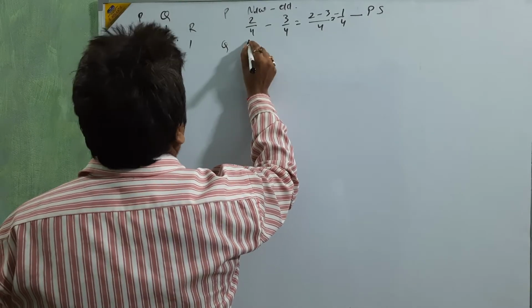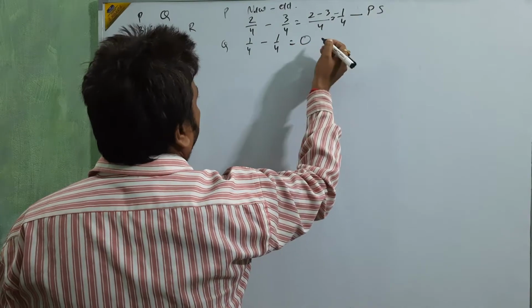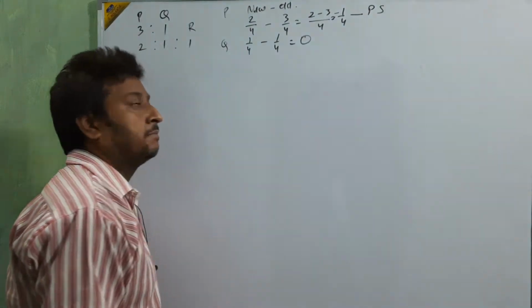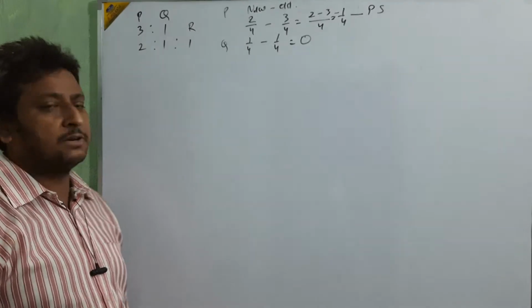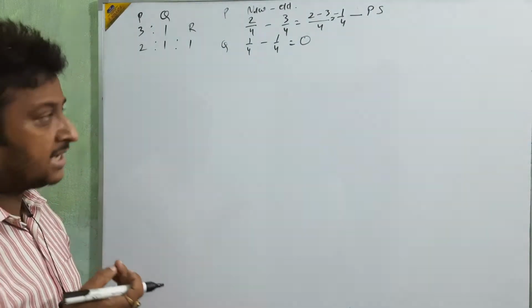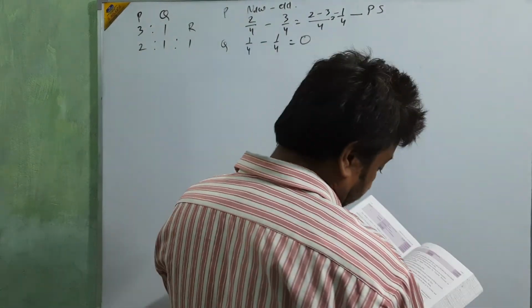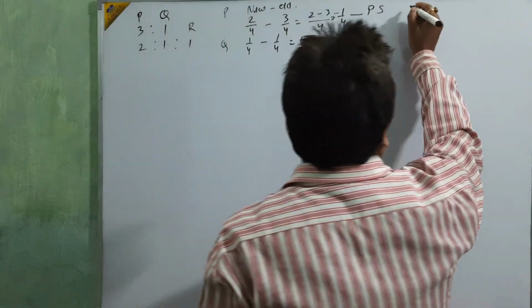Now for Q, 1/4 minus 1/4 is equal to 0. It means no sacrifice, no gain for Q. Only P sacrifices. It means the whole goodwill amount is transferred to P. Then R is not coming with cash. The entry is